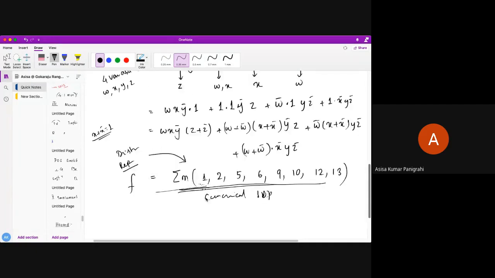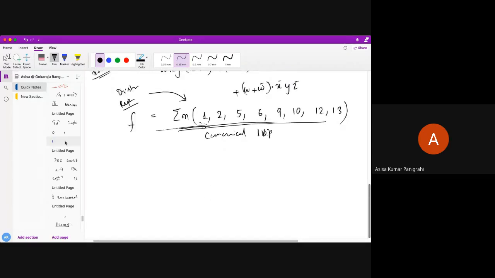Okay, next, similarly, you can take g here. Okay, small g. What is the function g here? W or X or Y bar or Z bar, and X bar or Y bar or Z, and W bar or Y or Z bar. So this is the function given to me. This is actually in POS form. So what you need to do first is convert it into SOP. For that, first you have to convert it into the canonical POS. What is your canonical POS?